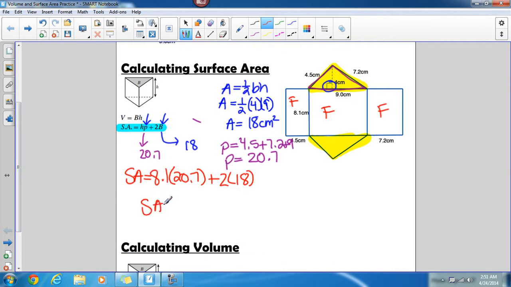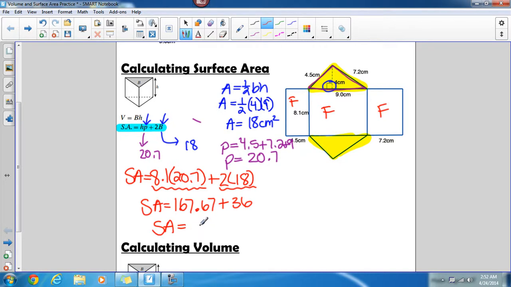So I get the surface area equals, order of operations says that I'm going to multiply first. So I'm going to do those two multiplications. So 8.1 times 20.7. Anybody got that answer? Okay, so I have 167.67 plus 2 times 18 is, that's right, it's 36. So 36 plus 167.67 is a grand total of a surface area of,